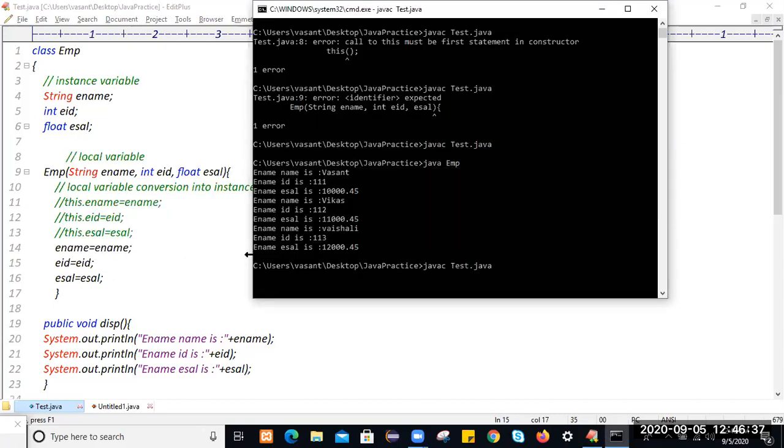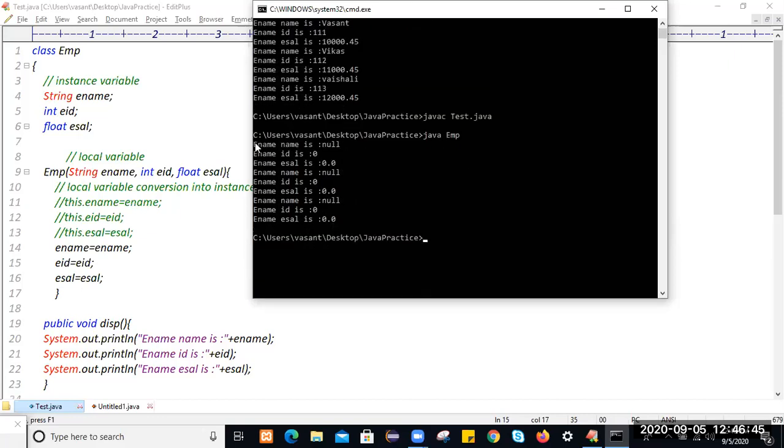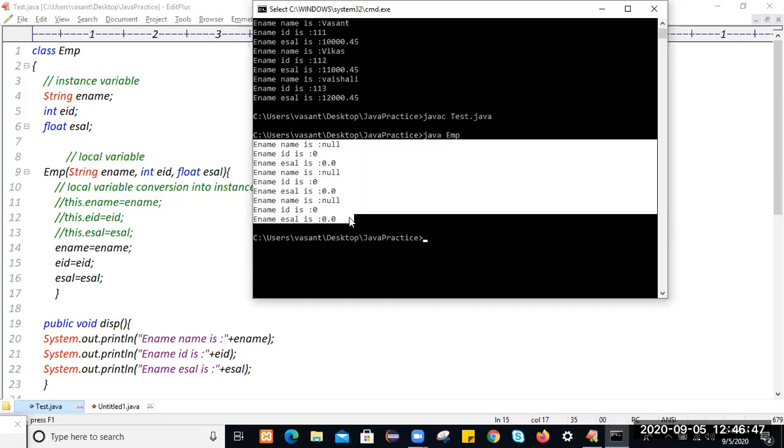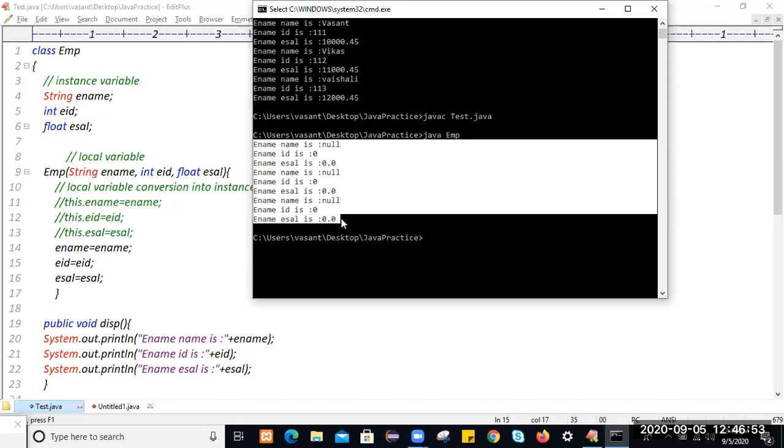You should take the instance variable name and local variable name in the constructor to be different, or else use the this keyword. If the instance variable name and local variable name are the same, then use the this keyword. Otherwise you will get the default values. You see, employee name null, 0, 0.0, null, 0, 0.0, null, like that.